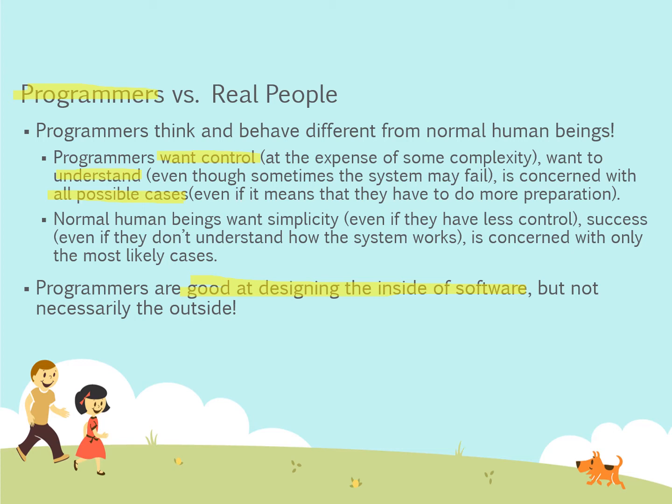We want the user to learn to use our system. We want the user to follow our guideline, to follow our instruction to learn the system. But almost all normal humans hate to do such things. They only want some simple things, less control. They want to achieve their own goals. For the other things besides the goals, I don't want to know, I don't want